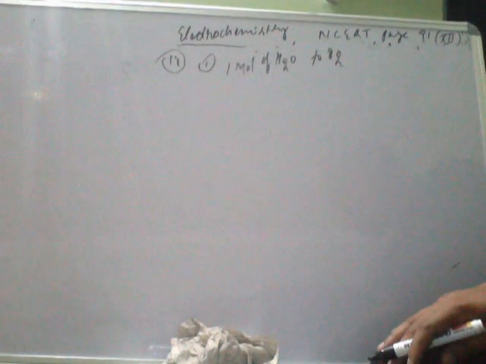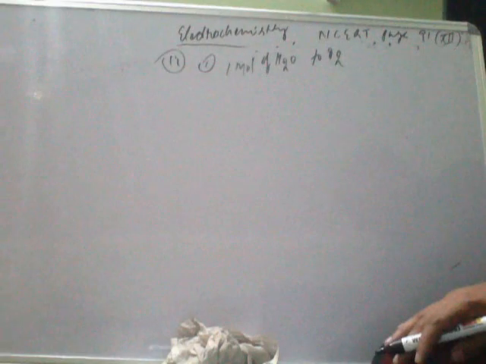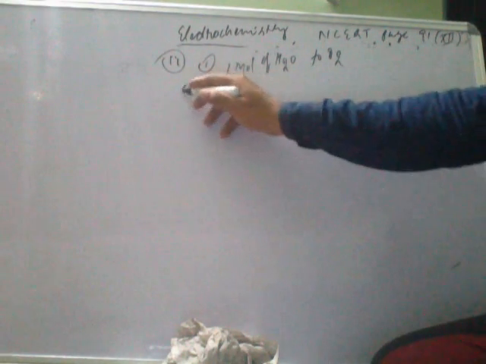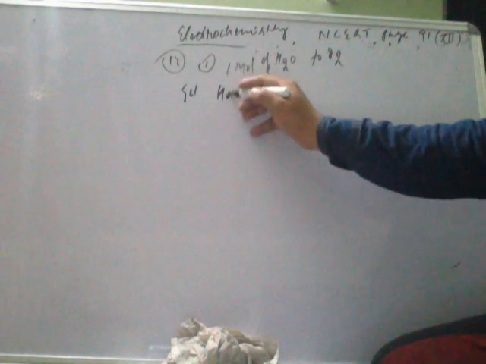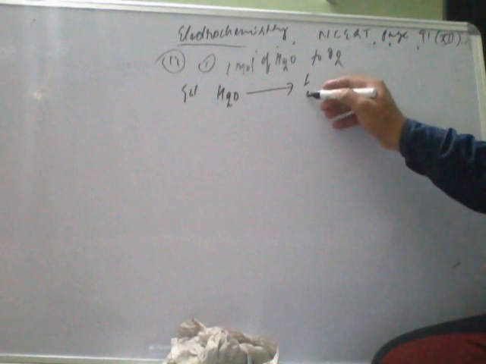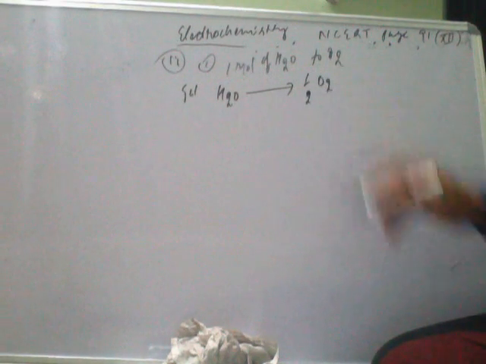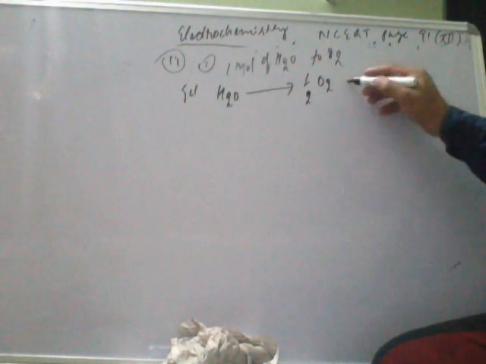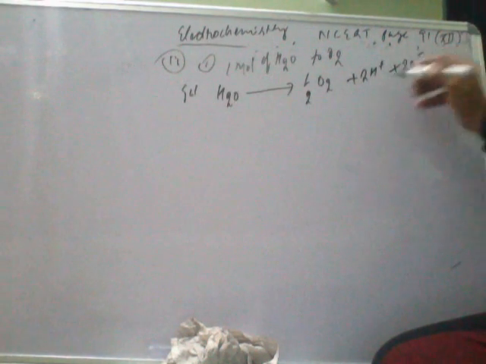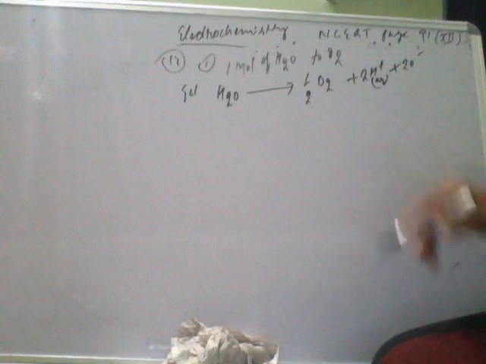How can you solve this question? Because we have to oxidize 1 mole of water to oxygen. So here see the solution. If you write H2O, right? So what you get is half molecule of O2. Now half mole of O2 will be formed plus 2H plus ion plus 2 electrons here, right? This would be aqueous only, right?